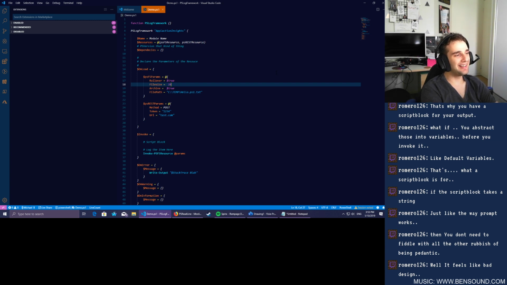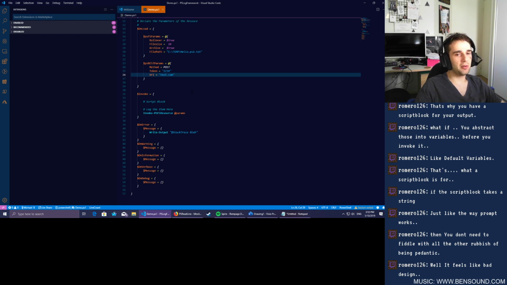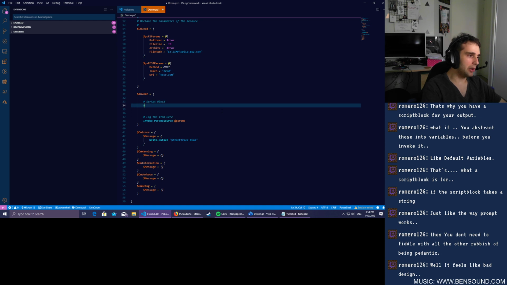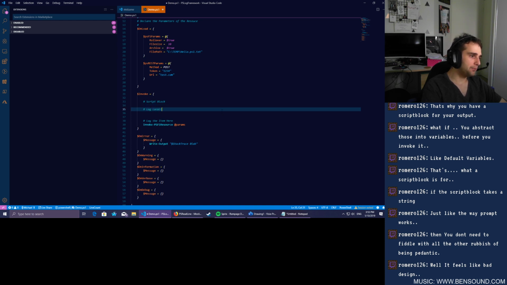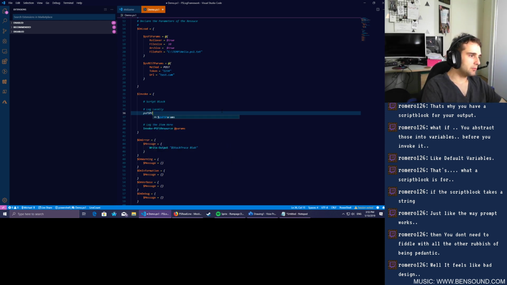So the whole premise here is that, let's go back, we're on load, so we're instantiating our resources. So basically describe how we want them to work. I think that's cool. And then we actually go to invoke. So invoking, you would actually then write your code here. So for example, if you wanted to log locally, you could say, you could just say